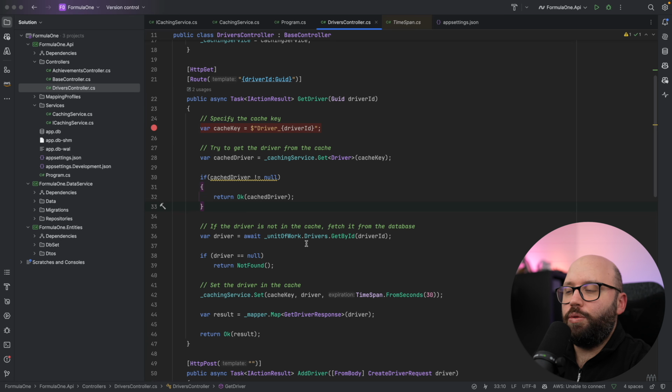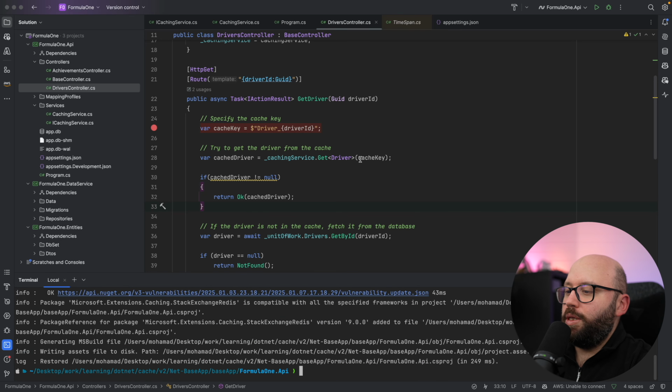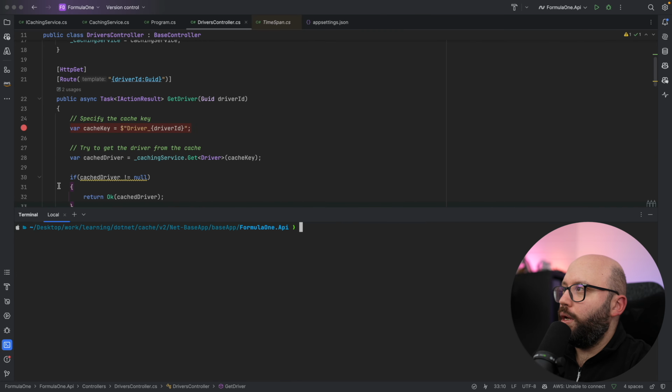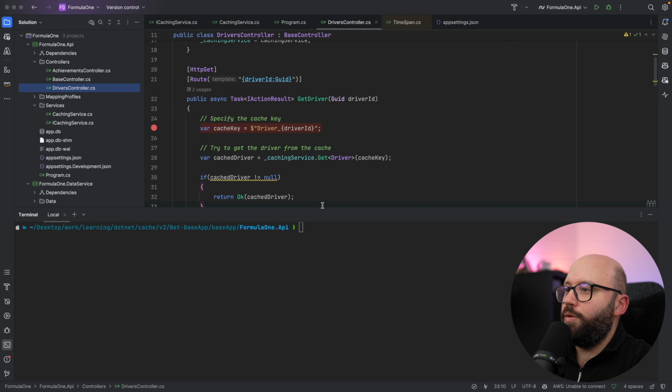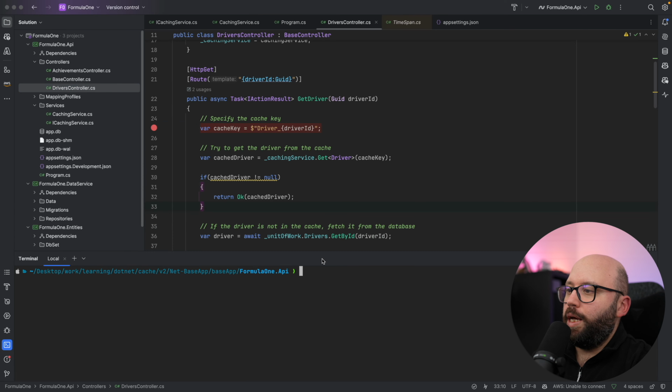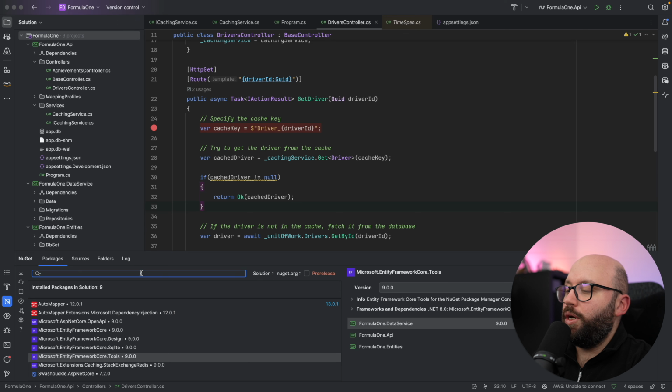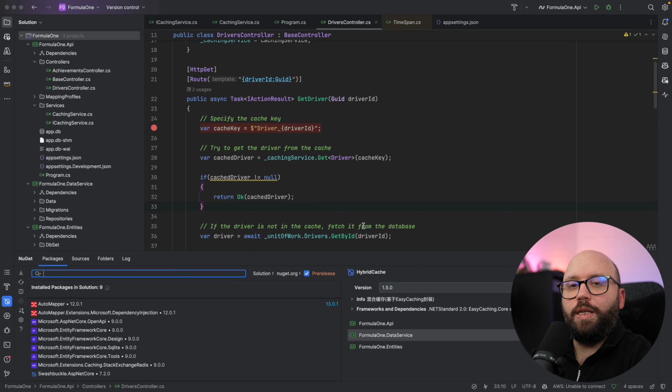And we can see it's quite complicated and it takes a bit of time to update it on everything and make sure it's working. So the first thing that I want to do in order to implement hybrid cache is install a package. So first let's do clear, and because this is a preview functionality, I'm not going to add it directly from the terminal. I'm just going to rely on the NuGet package manager, and because this functionality is still in pre-release,